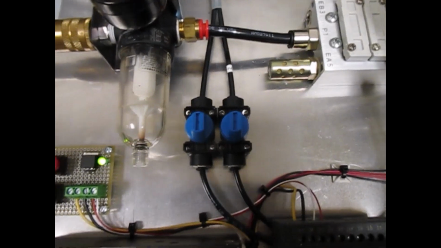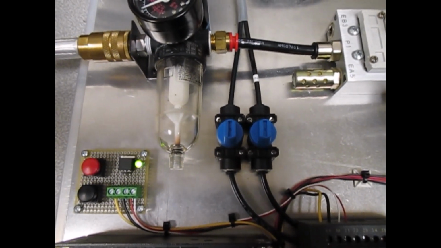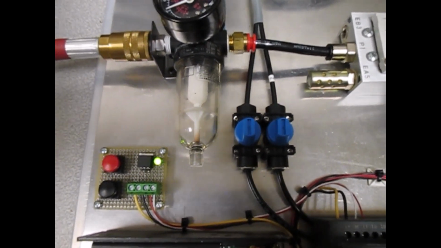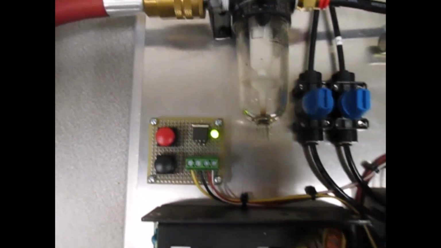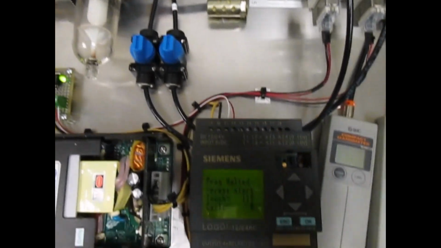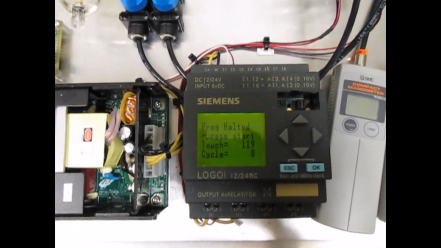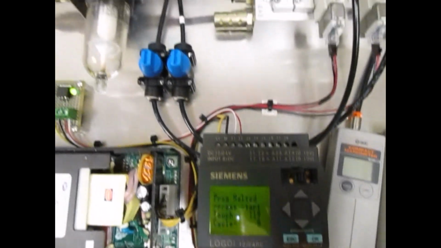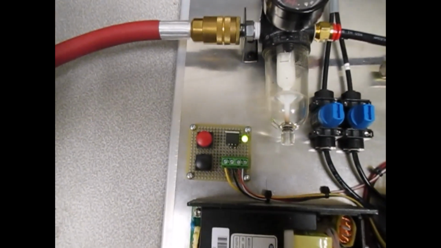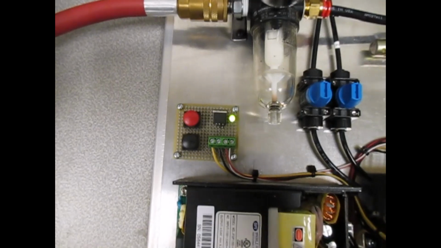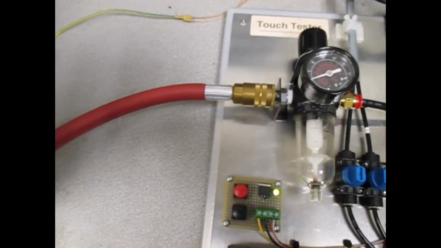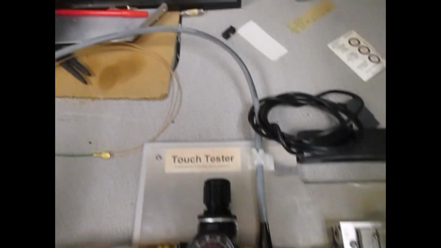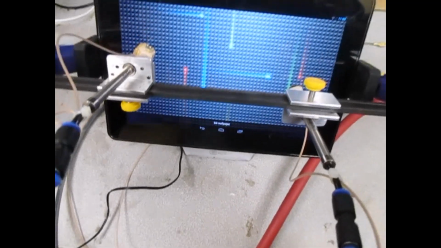So, pneumatic valves to cut off each finger individually. A custom power supply board just to provide inputs to the PLC. Stop and go button. Well, obviously it's programmable through the PLC. We get the air coming in, we got the lines going there, and they come into these two